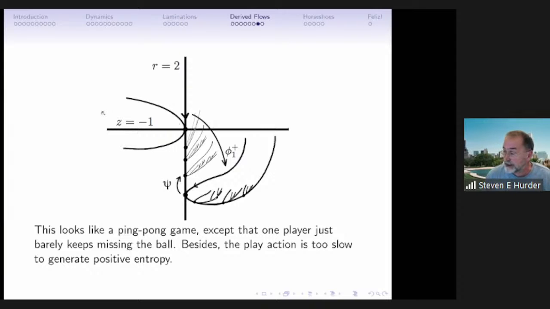This looks like you're doing something of a ping pong game where you're back and forth, but there's only one player and he's hitting it against a wall, and it keeps bouncing. Plus, there's this issue of how do you go up? It takes a long time to move. So the time is action's too slow for entropy.